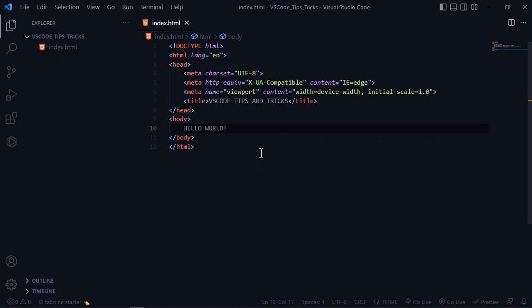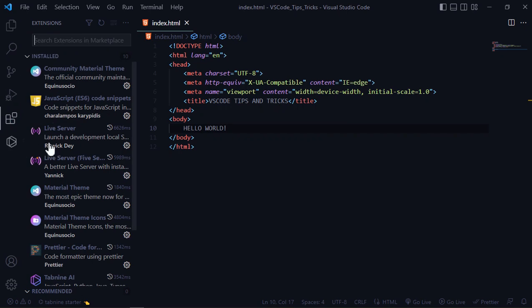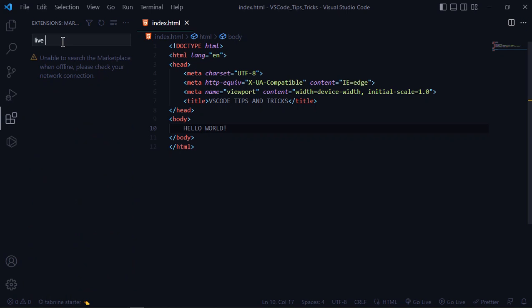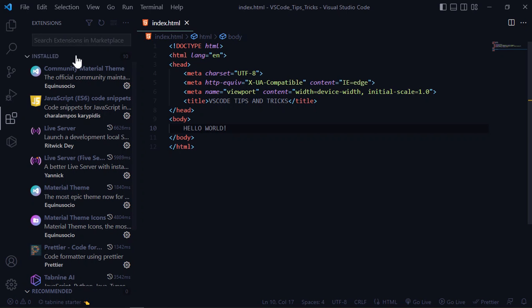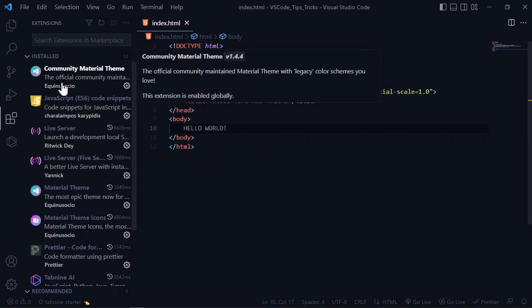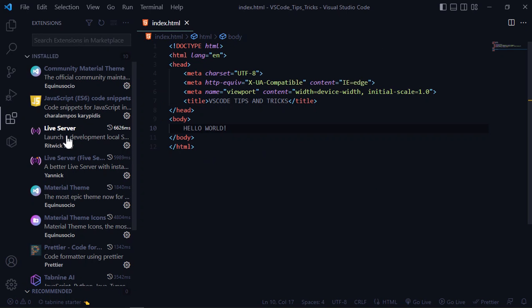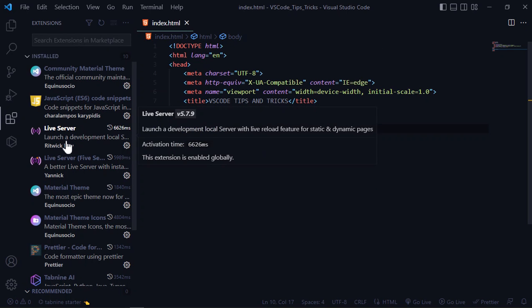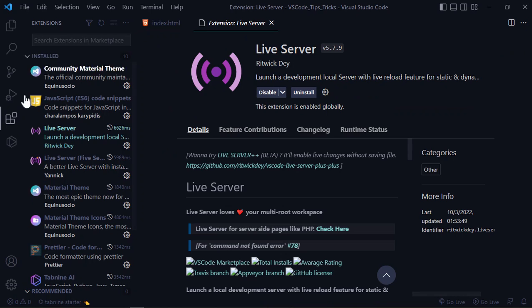Now just to download the extension, just come over here to extensions. So extensions, and if you want to search for live server, make sure your system is connected to internet. So just search for live server. When you search for live server, it's going to display. I'm not connected right now because I have it installed already. So this is live server. I have live server installed. So when you click on live server, it's going to display this,